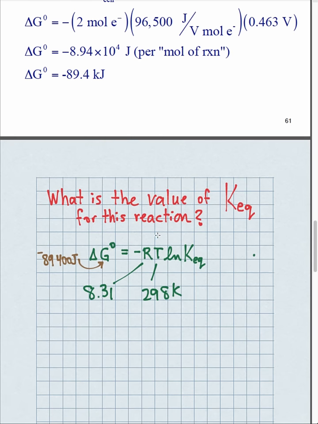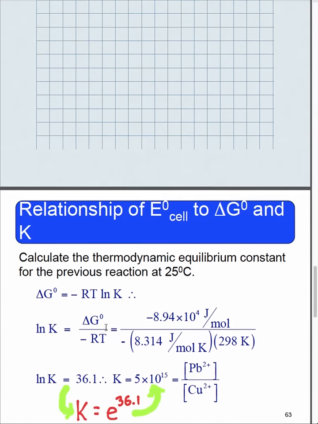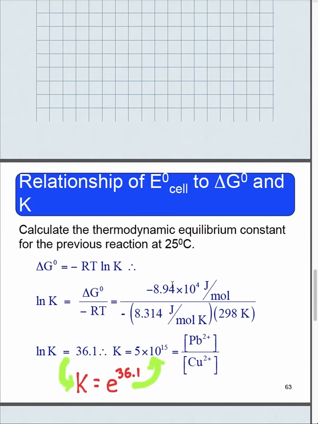Well, that's a good question. Here, the gas constant has to be in energy units of joules per mole Kelvin to make the joules of the free energy match with the joules here. And here it is. So if I had the free energy as 89,400-ish joules per mole, and the gas constant, that's a negative, and this is a negative from the equation, times the gas constant times the Kelvin temperature in the denominator. Solve for, so if I get an answer for this of 36.1,